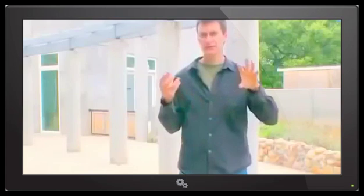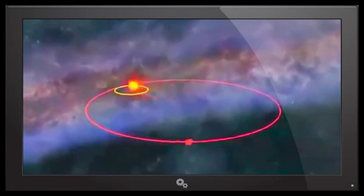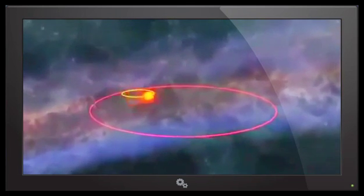But binary stars are rarely equally sized. 10 or 20% of binary stars have two components where the stars are really on an equal footing. And then there are also a large number of stars where one star is considerably more massive than the other. When binary stars are of different sizes, the smaller star, in this case Nemesis, swings in a wide orbit around its larger companion, in this case the Sun, which barely seems to orbit at all. Why does the smaller one move in a much